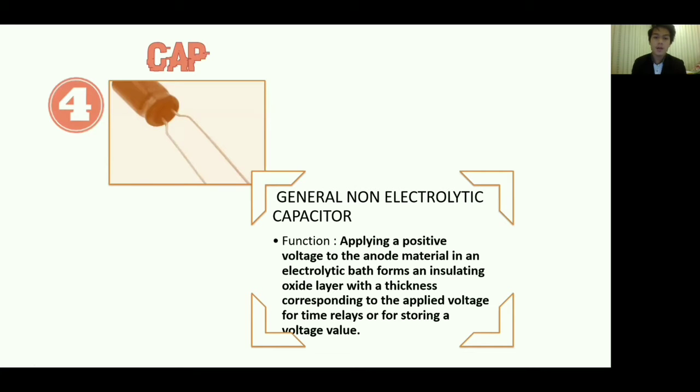Okay, and then for the capacitor. What is the function of the capacitor? General non-electrolytic capacitors are non-polar capacitors. The charge at the ends is not separated into positive and negative. It is used to filter out the electrical frequency that appears on the radio, and to store electrical energy and give this energy back to the circuit when necessary. In other words, it charges and discharges the electricity